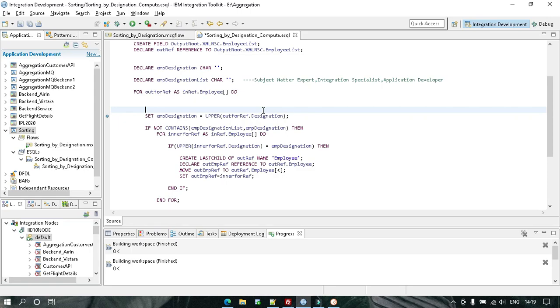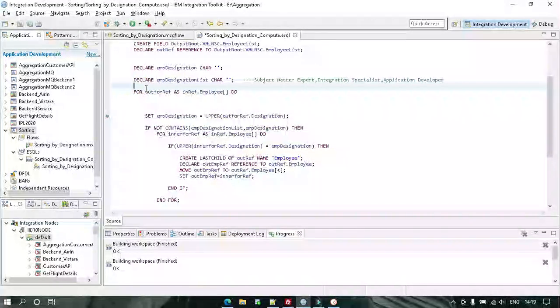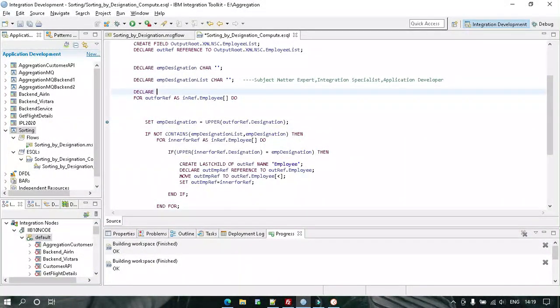But one thing I want you to remember is, in eSQL, suppose I have one character.